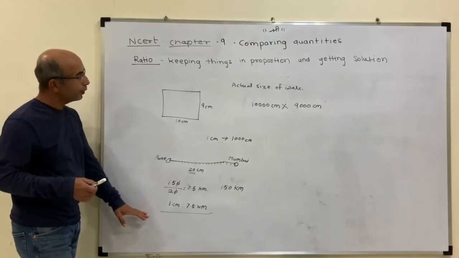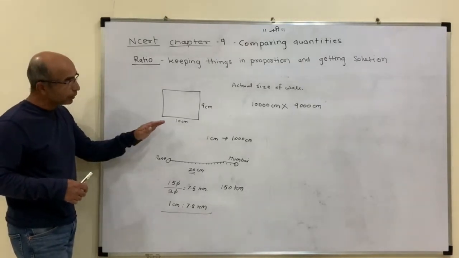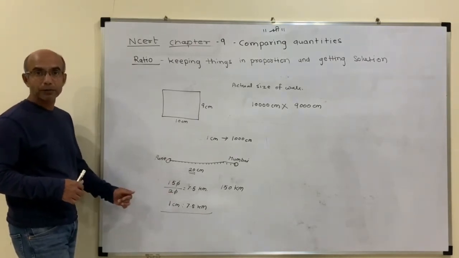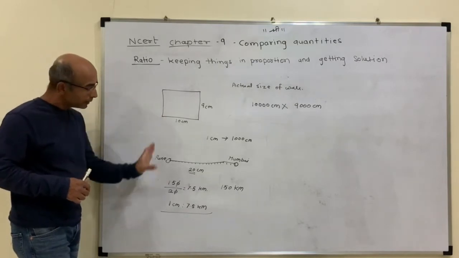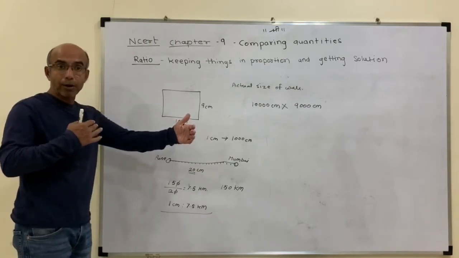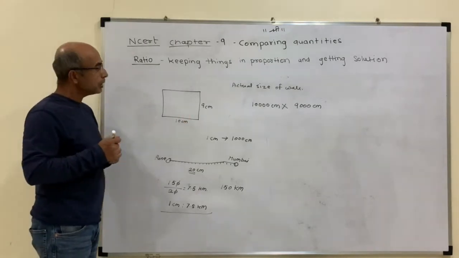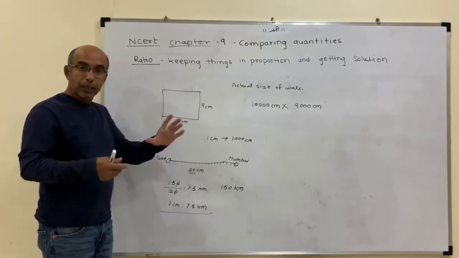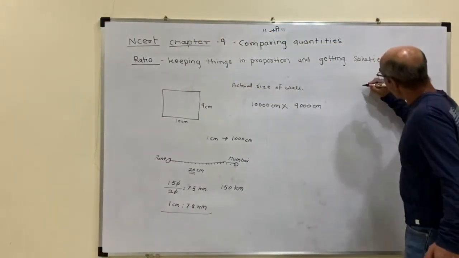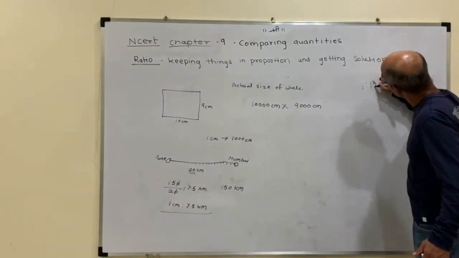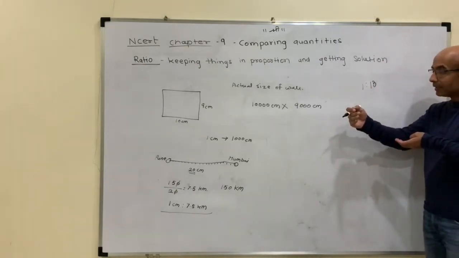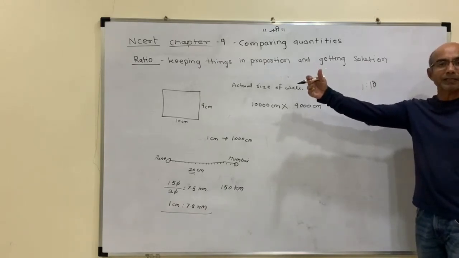So this is the way we use proportion to represent things diagrammatically, even in a graph. When you see a graph, they always have this proportion mentioned. You might have seen BMW car models in the toy shops. Those models, if you turn them down, have the ratios mentioned. Sometimes the ratio of those car models is 1:13. So 13 times that size is the real size of the car.